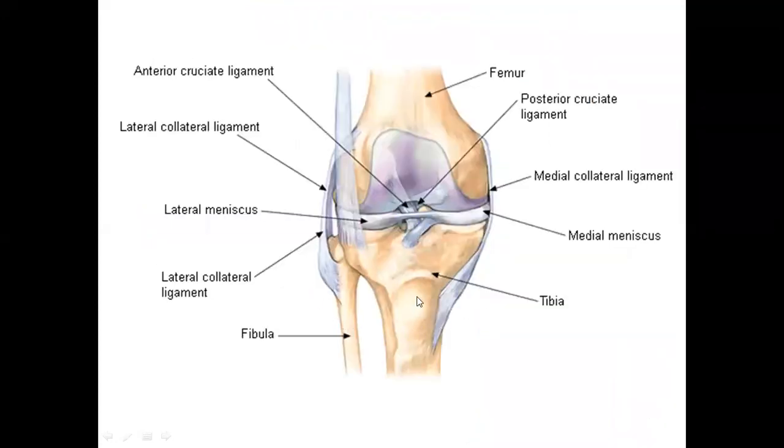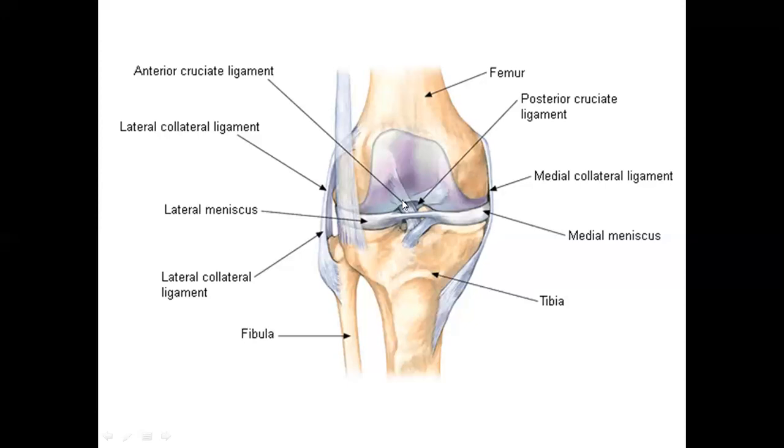You can see here the lower end of the femur, upper end of the tibia, fibula. So you are finding on the medial aspect we have medial collateral ligament, also called as tibial collateral ligament. On the lateral side we have lateral collateral ligament, right? Then between the lower end of the femur and upper end of the tibia, you are finding there is one fibrocartilaginous structure intervening. This structure is actually called as meniscus. On the medial side, this plate is medial meniscus, and on the lateral side, you call it as lateral meniscus.